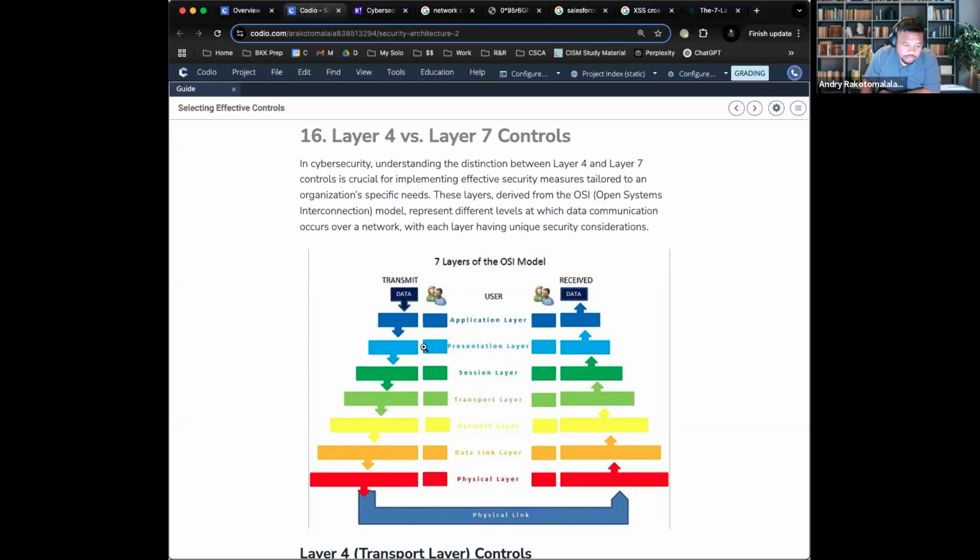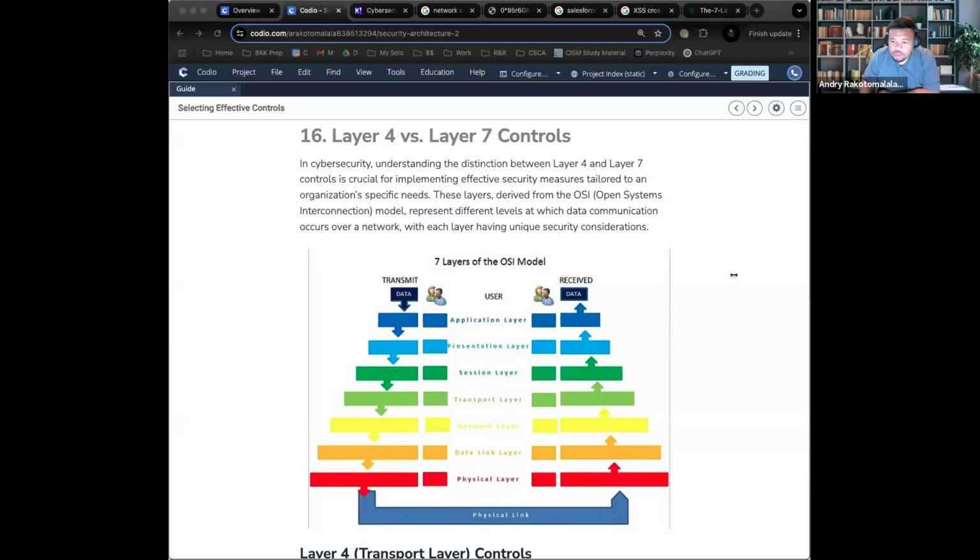At each level, there is something that adds a tail or a header to the data. So here we have the data. It starts at the application layer. There's data at the application layer that's trying to be sent to another user. That data is then sent to the presentation layer, which adds on another header, to the session layer, which adds another, and then to transport another, so on and so forth. The encapsulation process is giving the data additional identifiers so that we better understand where that traffic is going and what it's trying to do.